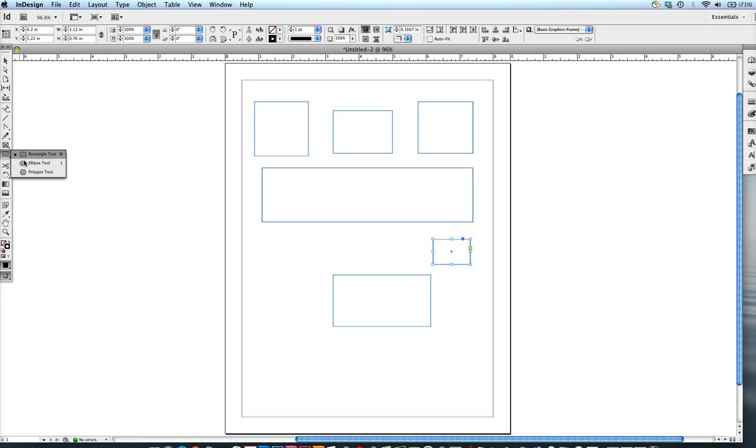And if I go ahead and grab a different shape, you'll see that the bounding box of the selected item is always